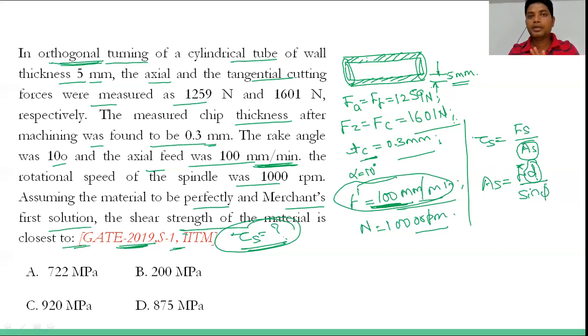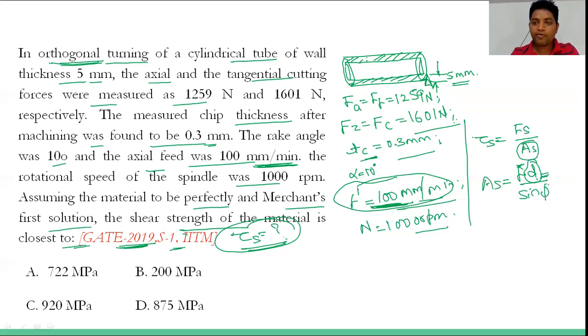नाउ इसमें this is not a prismatic bar. Okay, this is basically a tube. So what we have to do is, if we'll keep our tool, single point cutting tool, over here and we'll go for the machining, then again I can choose 1 mm, 2 mm, 3 mm, 4 mm, 5 mm, because 5 mm से ज्यादा मैं चूज नहीं कर सकता हूँ. So what is the maximum possibility, 5 mm तक चूज की जा सकती है. So डेप्थ ऑफ कट हम लोग चूज कर लेंगे इसमें 5 mm, अगर गिवन नहीं है तो हमें चूज करना ही पड़ेगा, ठीक है.